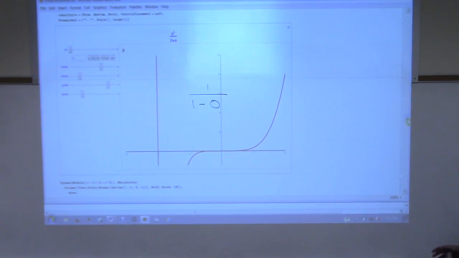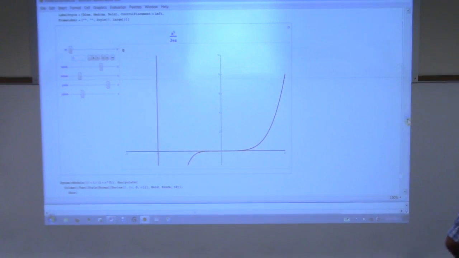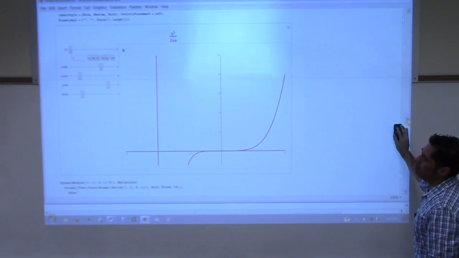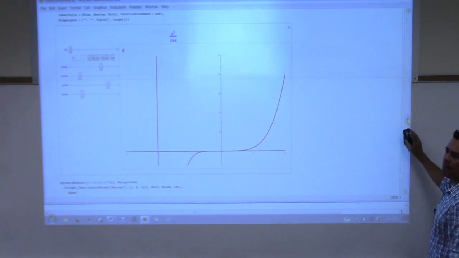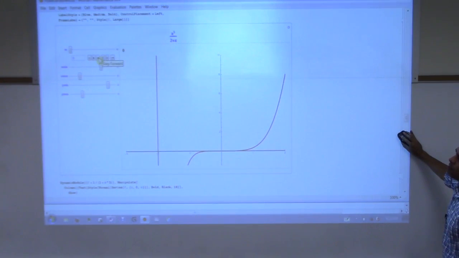Can you all see it okay? Now ignore this vertical line because that's an asymptote. My computer's having a problem with that, so it's drawing a vertical line. All right, so right now I'm going to try and approximate that curve. I'm going to try and create that curve. Do you remember me doing this before? Now it's going to make a little more sense. So I'm going to start